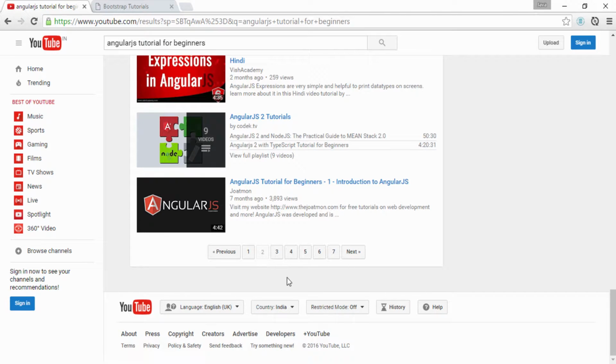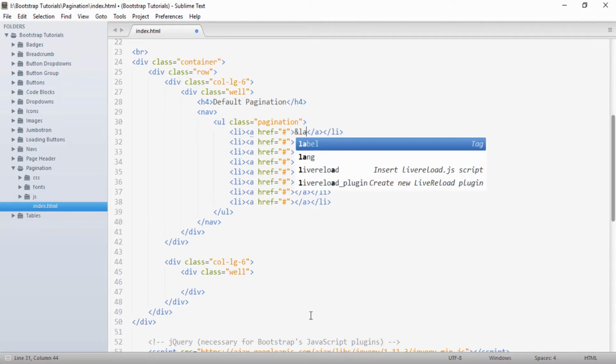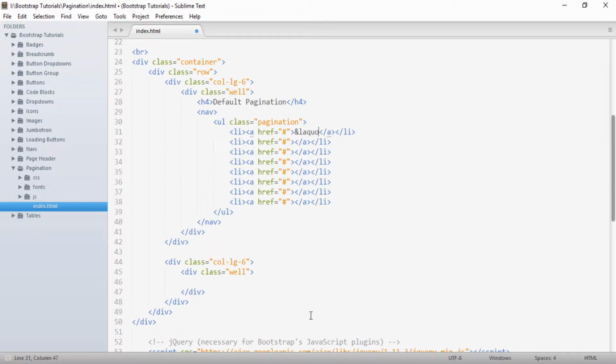So let's see how we can create it in Bootstrap. Going back to our Sublime Text, in order to create a left angle quote symbol, we can type ampersand laquo semicolon, and then we can type previous.